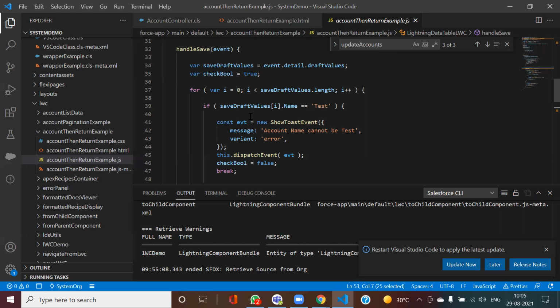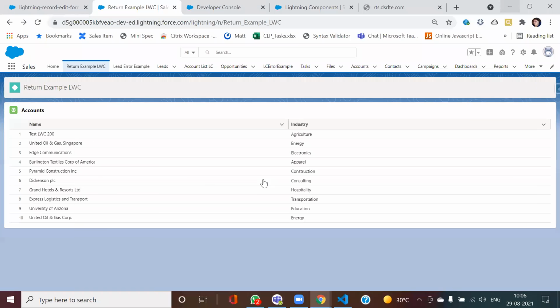Okay, so now what I want is, whenever I have one LWC, I have this button. There is some button. Once I click on it, it should take me to another LWC. So how is that working in LWC? Now that I'm going to discuss. This is my example now.